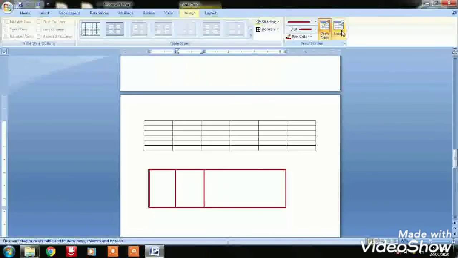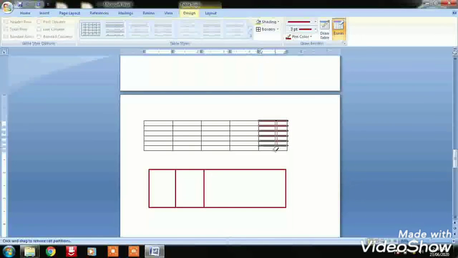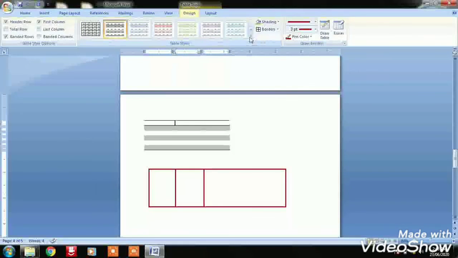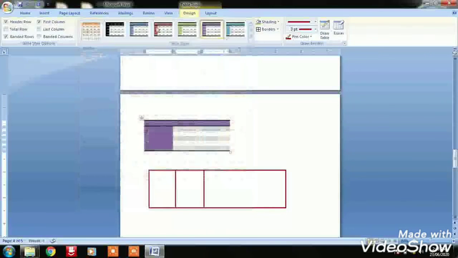Apart from this, at the last you can see the eraser. Now I have got the eraser. I have selected this and it will be removed. I have selected, it is removed. Even I can remove this. Okay, so this is the way we can remove tables, columns, or any part of the table with the help of the eraser. So this is how we can apply these options by styling the table with different colors, and these are the options given to you. I hope this is clear to you.